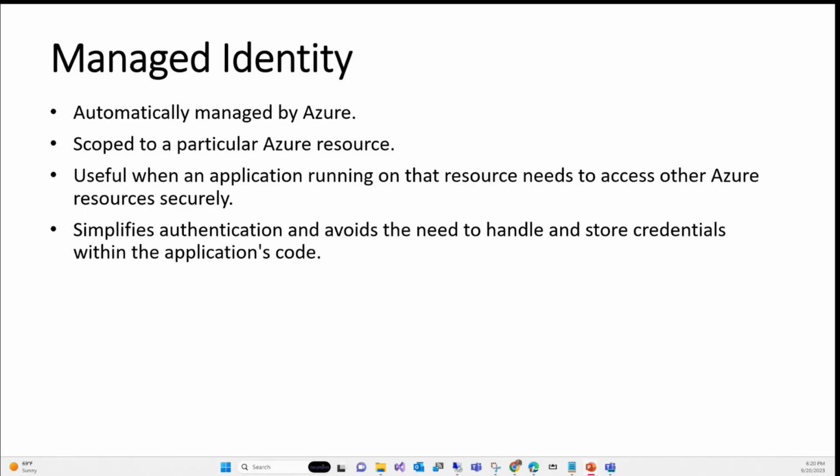Now you need to take that identity, go to the storage, and apply the RBACs needed for that virtual machine. Then any code that runs on that virtual machine can talk to that storage, but not the other ones, right? It is very useful to access resources securely, of course. That's how we enable the communication between that compute and your other data services. It simplifies the authentication within the application code.